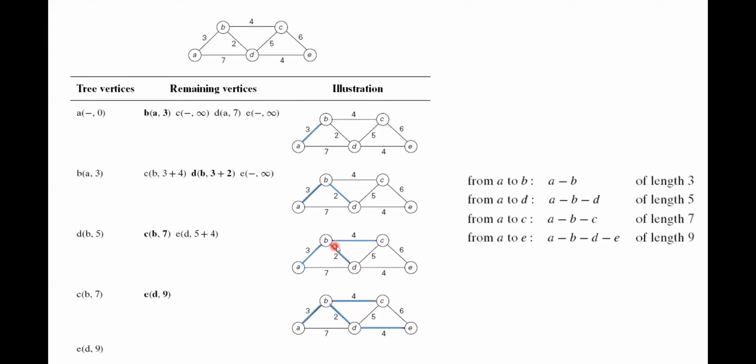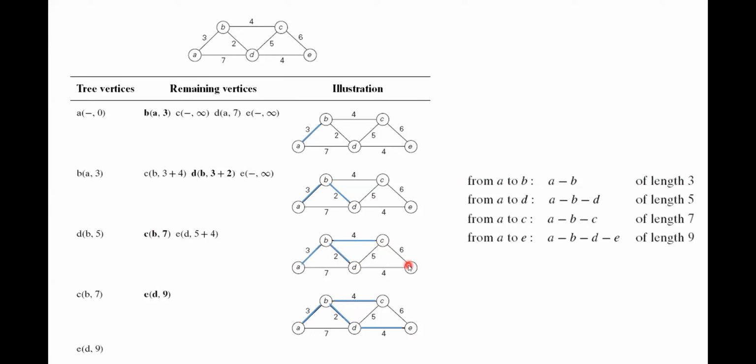I can find a new path, of course, but it is not better than the previously existing one. Previously existing is A to B, B to C. Of course, I can find a path from A to B, B to D, D to C, but it is not comparatively better than the existing. So I maintain this the same. I will not update this.